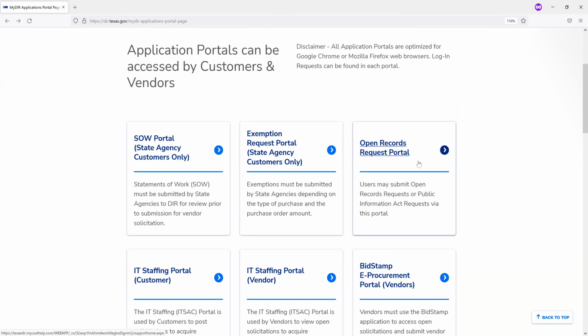So we are working on consolidating that, and that will be out very, very soon. I'm very excited about that. On your end, you'll only see one login credential, but it'll work for multiple portals. So just be on the lookout for that. We will make an announcement on that soon.